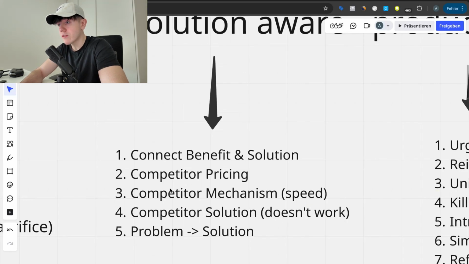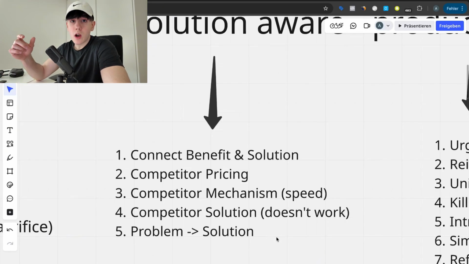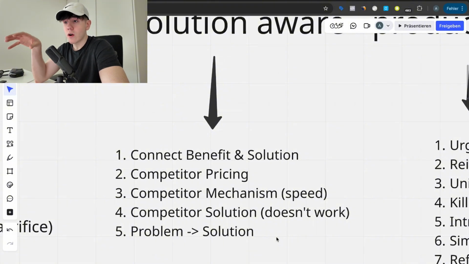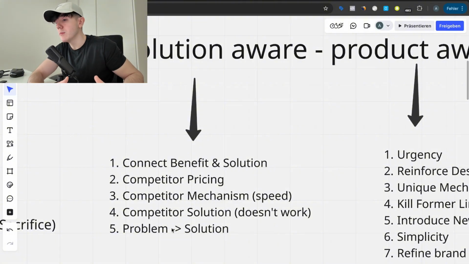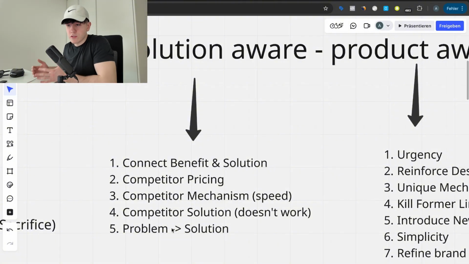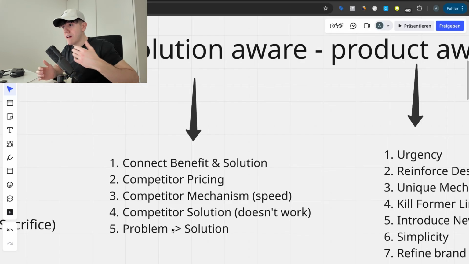And then for both of these, the competitor mechanism when it comes to speed and the competitor solution that it doesn't work, you have to talk about the cost of inaction. So they paid for that, and even despite that they already paid for a solution for this specific problem, because it's not yours, you have to make it really bad and actually remind them of the cost of inaction of not using your specific solution. Very powerful marketing tactic. And then obviously problem solution. So you show someone the problem, you talk about the problem, and then immediately connect it to your solution. This is probably something which you've already tried, which you've already been using. But once again, the correct implementation of this is actually what makes this super valuable, right?